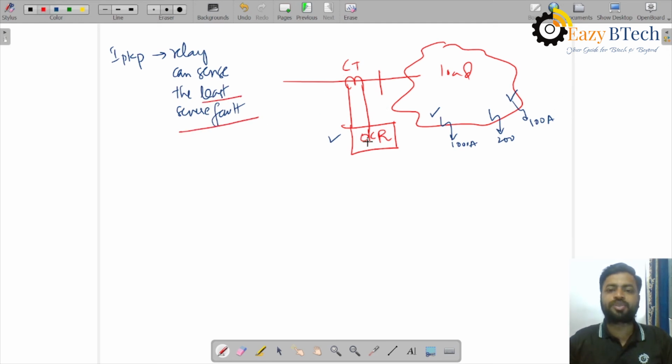So the relay should pick up even for the lowest magnitude of fault current. That is one criterion to select the pickup. If the pickup value is very high, then the relay may not consider the lowest magnitude of fault current as a faulty situation. It will think of it as an overload situation. So while setting the pickup, we should consider that the relay can sense the least severe fault. Second thing is,